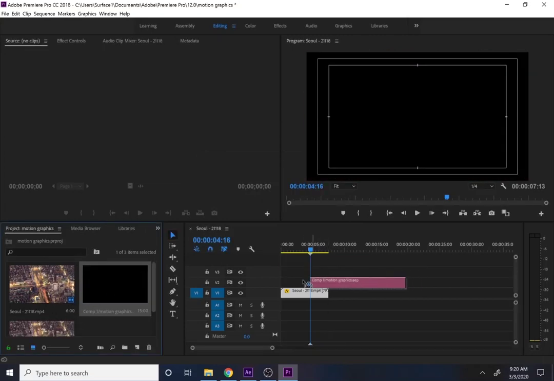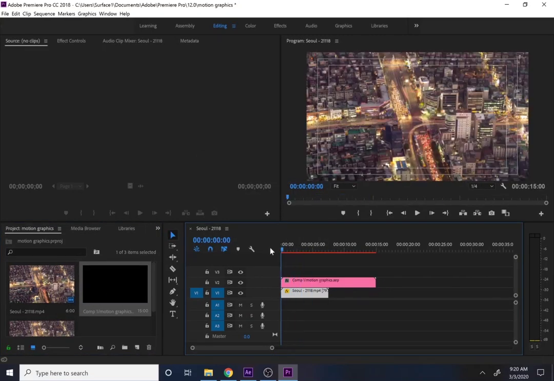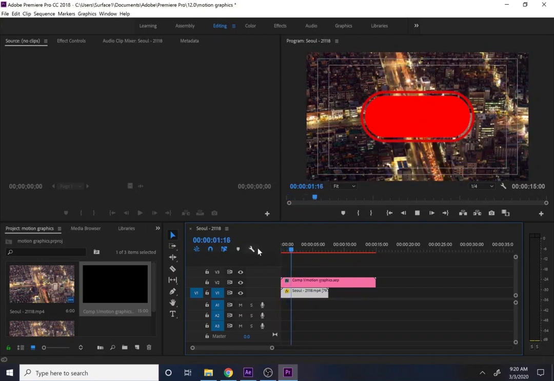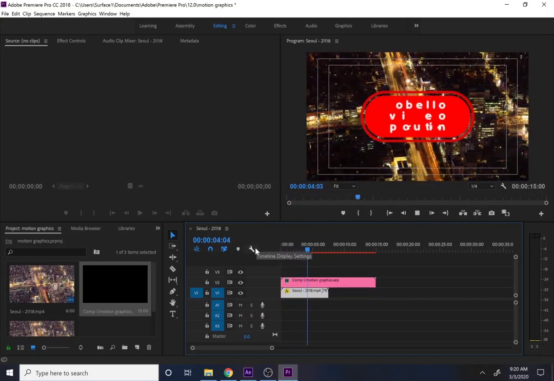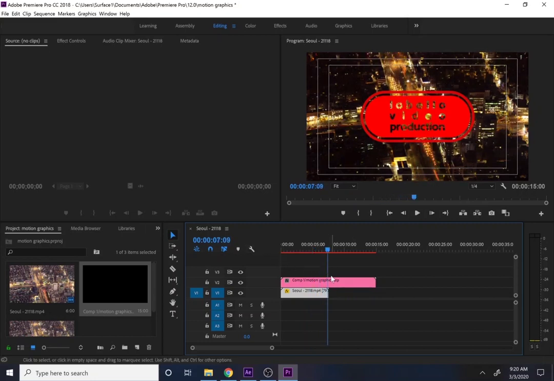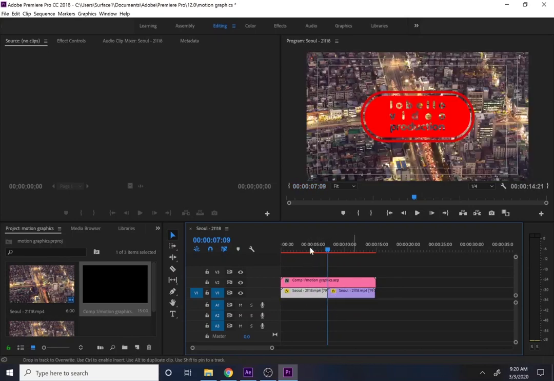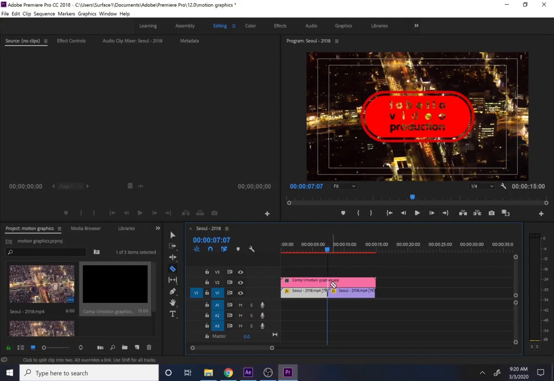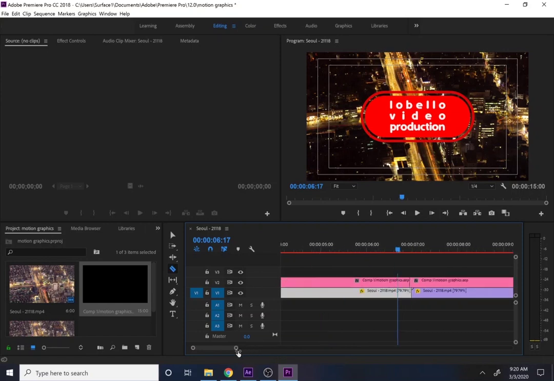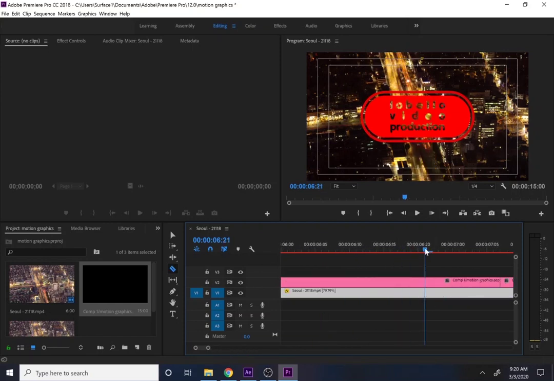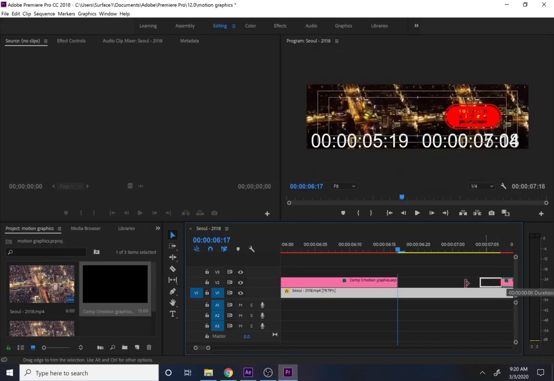And then I'll just drag this on top. And then right here we can see this rise up. And then this comes in. And then we can see through it right there. That's cool, right? And so from there what we can actually do is Alt drag this here. Also, we could even, for instance, right here between these two, leave a little space between these two, to where we fade from one to the other. It's easy just to go from here. Just drag these two together, make a little cut,